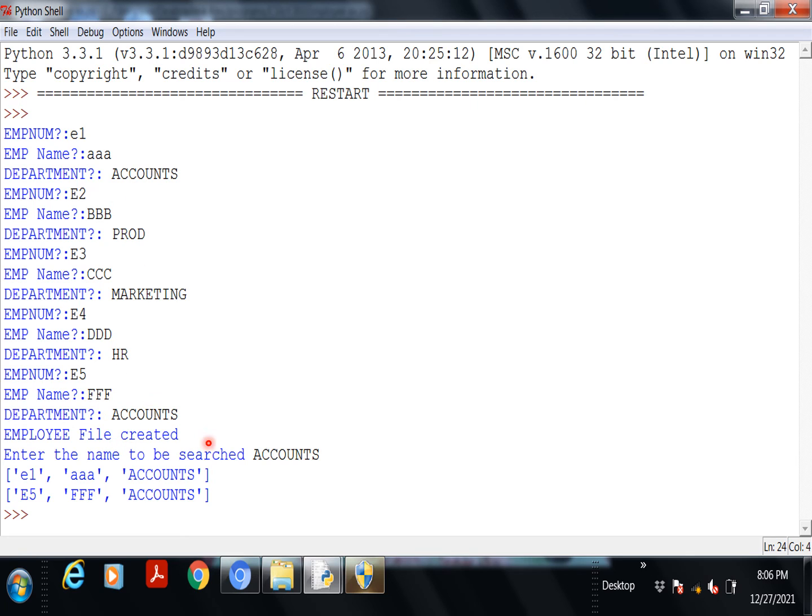So here you see accounts, and for accounts it is having 2 values. Enter the name to be searched. So here I am searching for the department. So 2 records are found. So I am asking to display all the fields. So E1, name, that is number, name and then the department has been included. Okay, this is the answer.